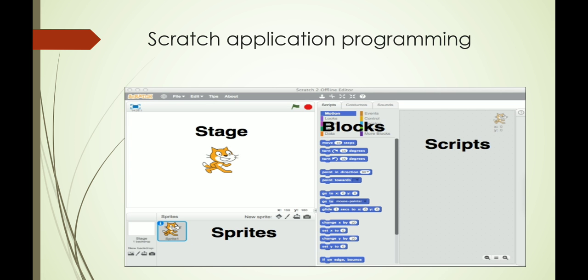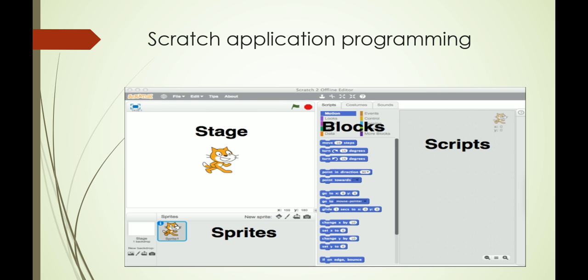Next, these are the Scratch interface. See here, this is a sprite. See at the bottom, there is one cat; we call it a sprite. See the white blank area at the top; that area is called the stage.